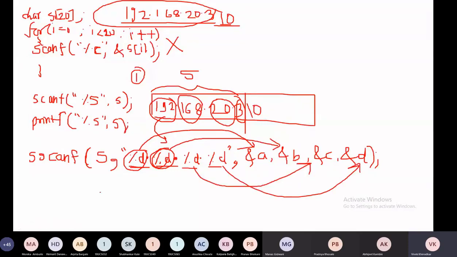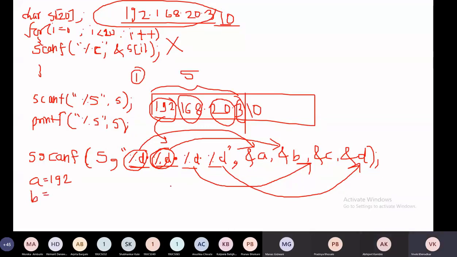After this sscanf, what is the value of a? 192. Exactly. What is the type of a? Integer.